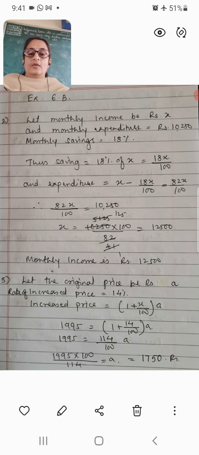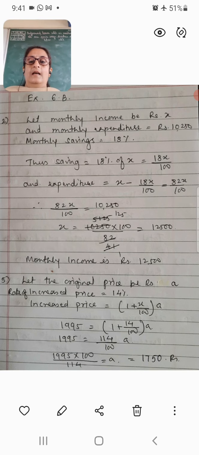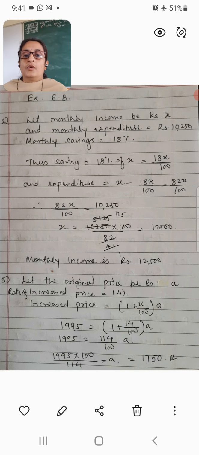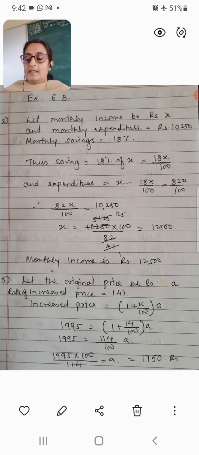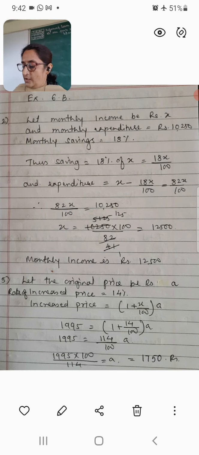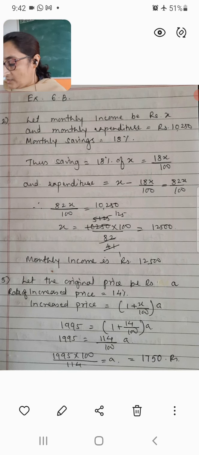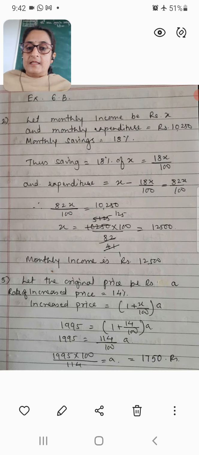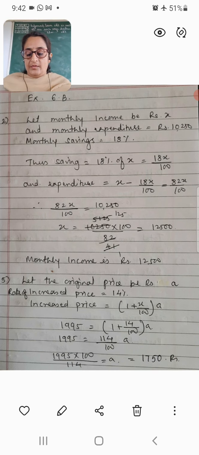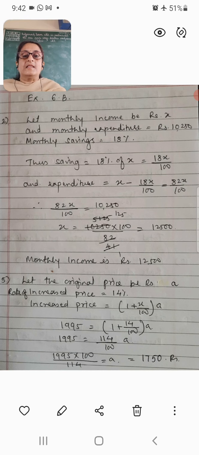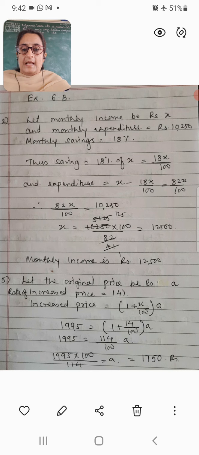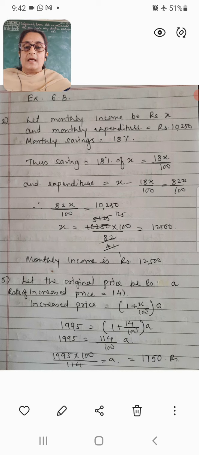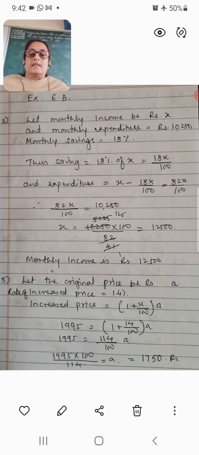Okay, so I have solved a few story problems for you. Then using this you can solve the remaining sums also, children. So let us go to the second question of the exercise. I'll read it for you. The second question is: Geeta saves 80% of her monthly salary. If she spends rupees 10,250 per month, what is her monthly salary? So we don't know her monthly salary, but it's told that she saves 80% of her salary and the remaining she spends. So let us see how to solve it.